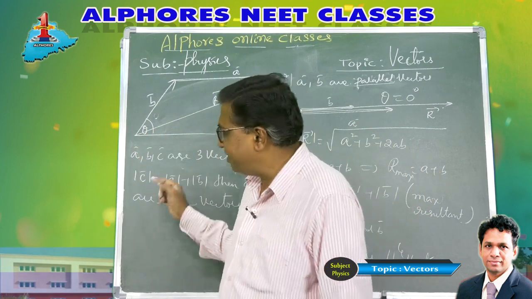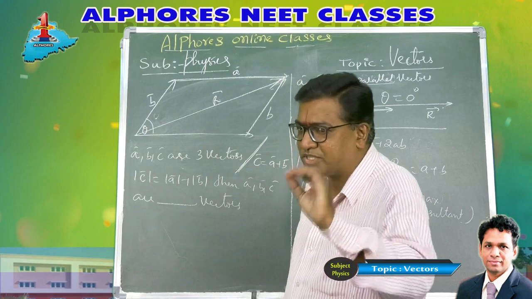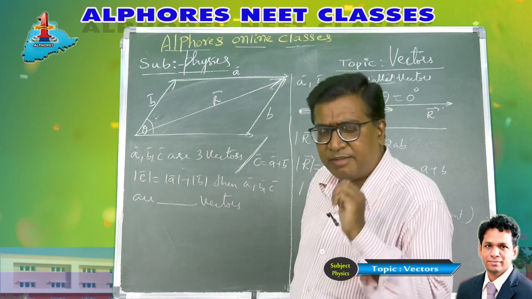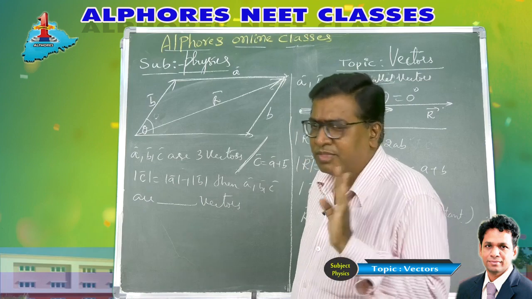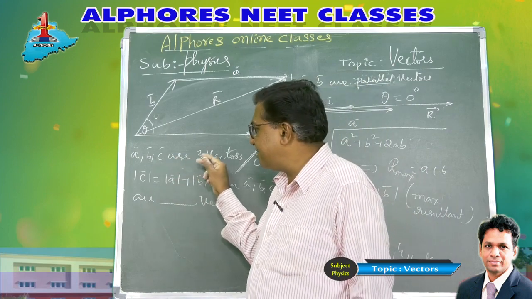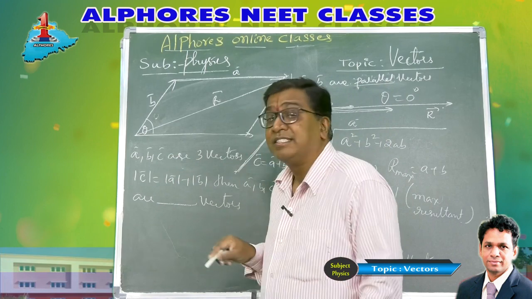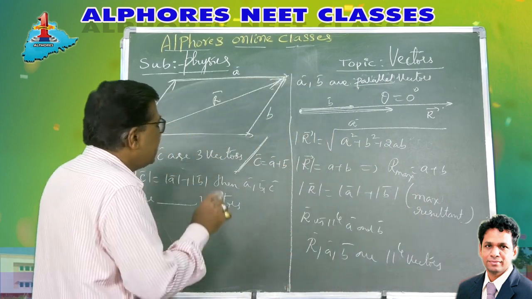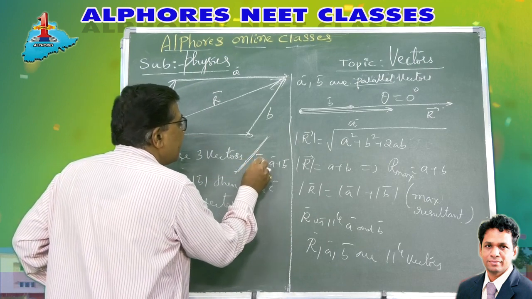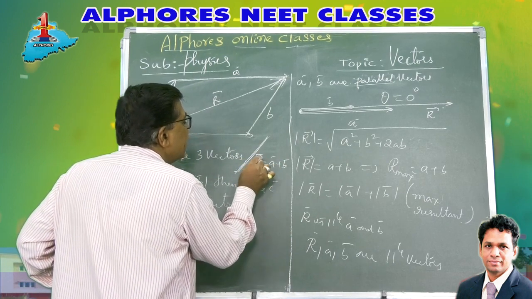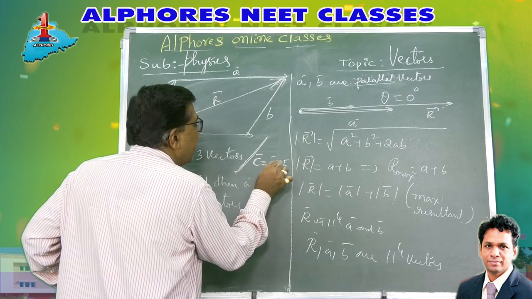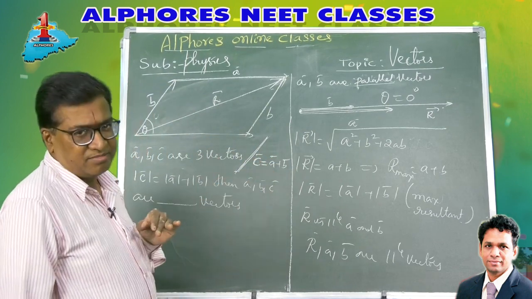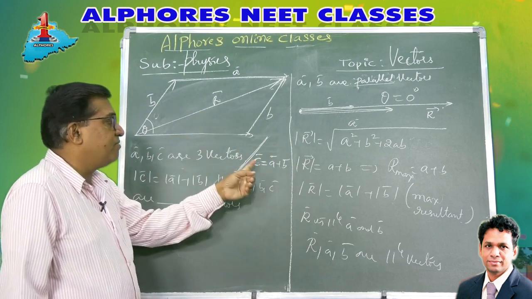The question is in pure vector notation. So let's understand what the question really means. A bar, B bar, C bar are three similar vectors, belonging to the same physical quantity, it is understood. They are conditioned such that the relation is C bar is A bar plus B bar. In the sense, C is the resultant of A and B. C is the resultant vector of A vector and B vector.